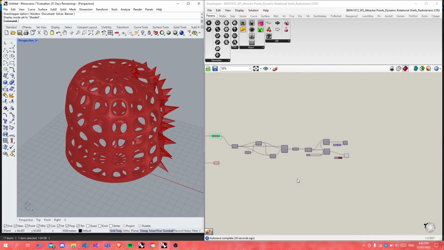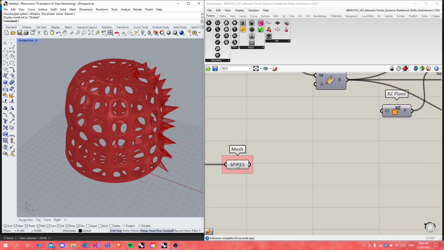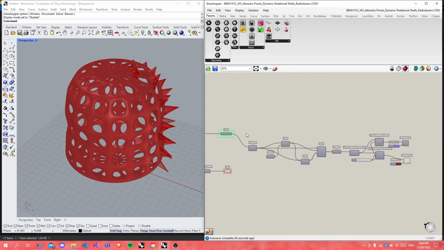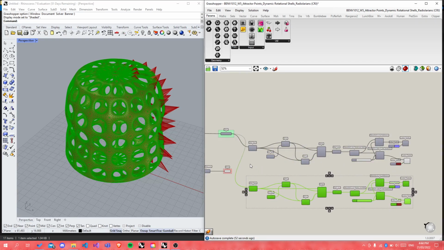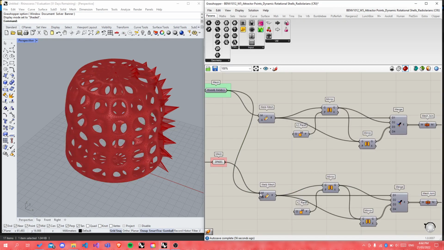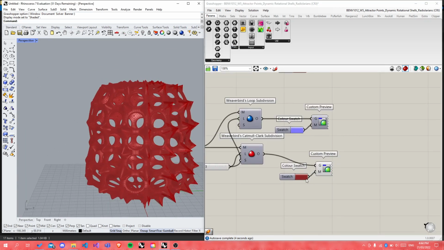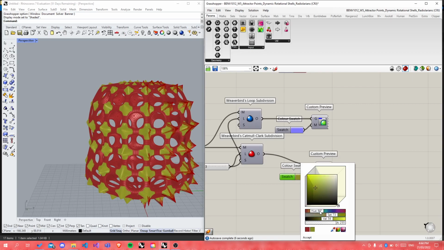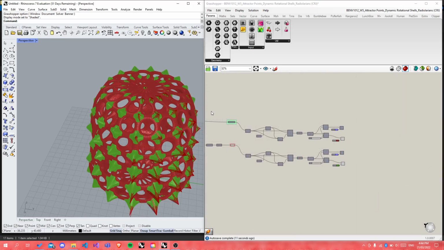Okay, so essentially, we'll do the exact same thing, like literally the exact same thing for the spikes. So we can just copy all of this. So select it all and then Control C, Control V, or Command C, Command V. And then if we just swap out the input for the mesh, then we have spikes all over it. And I'll change the color so that it's a little bit more obvious. So there's our spikes. And then if I turn off this,